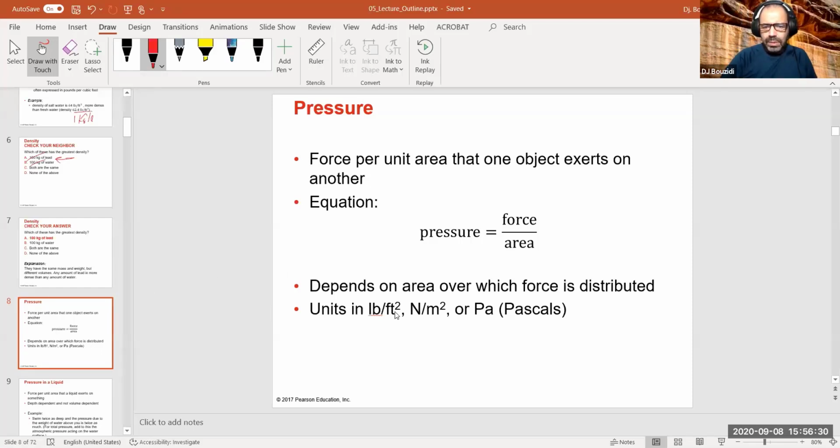So the standard unit for pressure is actually Newton per meter squared in the standard system of units. But we got sick and tired of calling it Newton per meter squared, and in honor of Mr. Pascal, for what he did in this area, we are calling it Pascal, Pa. So this is the standard unit for pressure.